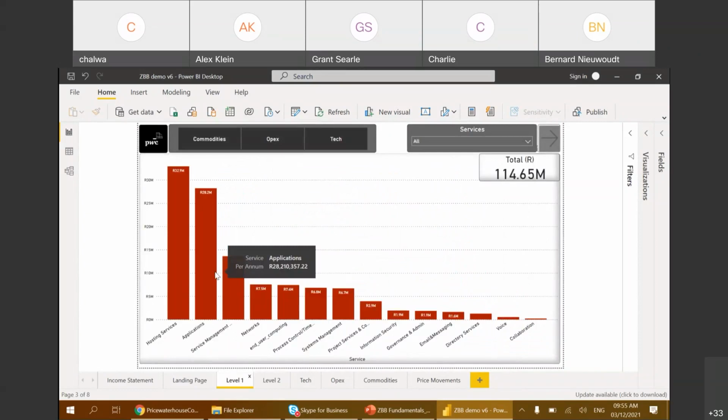So it might be Oracle or SAP or Workday, whatever the case may be, whatever application you're using in your firm. This specific example, they spend 28 million maintaining that from an incident and request perspective. So that is something we can quantify from a utilization, productivity, and efficiency perspective, because it's purely driven by people and what they do.